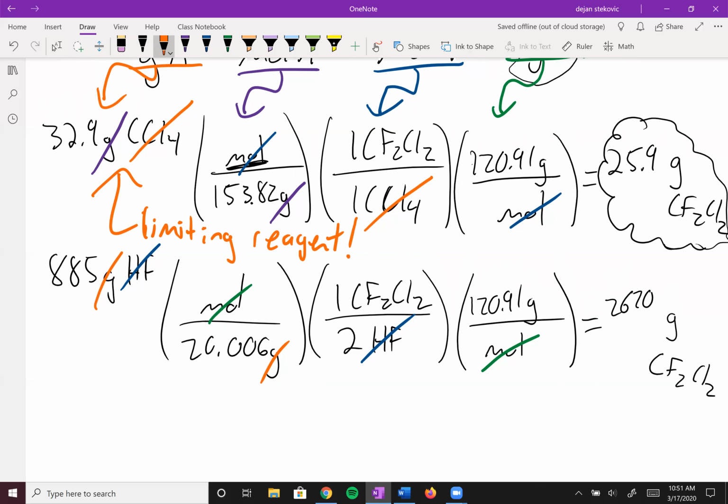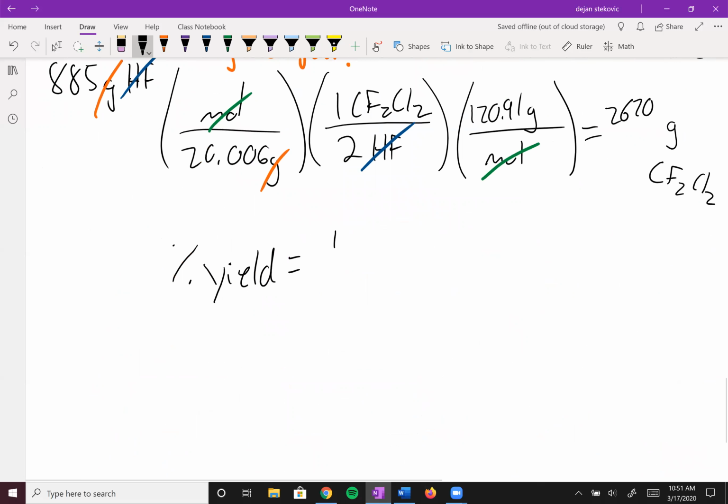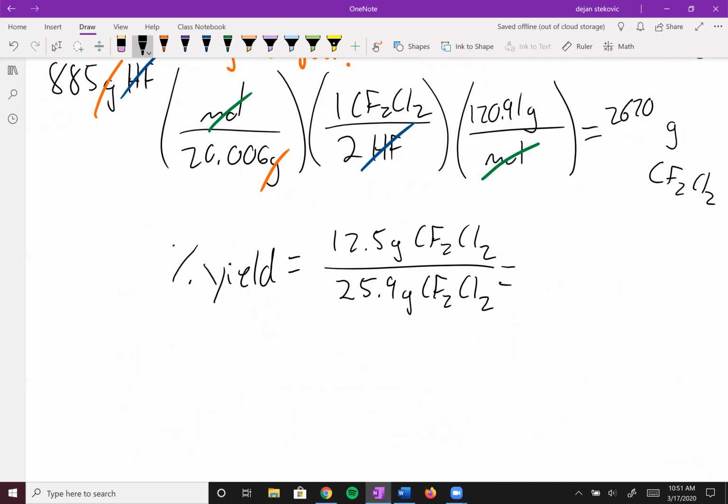So that's important to know. So that's what goes into our theoretical yield, right? This is the number that we plug into our theoretical yield. And so again, back to finding percent yield, actual over theoretical. From the problem, we saw that the actual was this 12.5 grams. And the theoretical was this 25.9 grams of CF2Cl2 times 100 to make it a percent. And you end up with